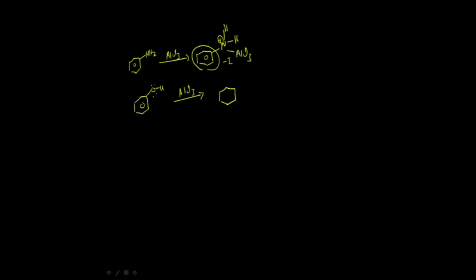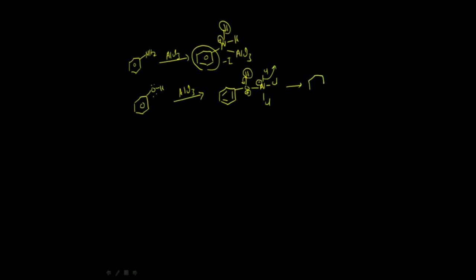a different reaction takes place: loss of HCl. You see here that it forms a complex, with aluminium, and Cl, Cl, Cl, and it carries a negative charge. In this case, this hydrogen is more acidic than that hydrogen. The hydrogen attached to nitrogen is less acidic than the hydrogen attached to oxygen. So this conjugate acid is more acidic in nature, and there is a loss of H plus and Cl minus.